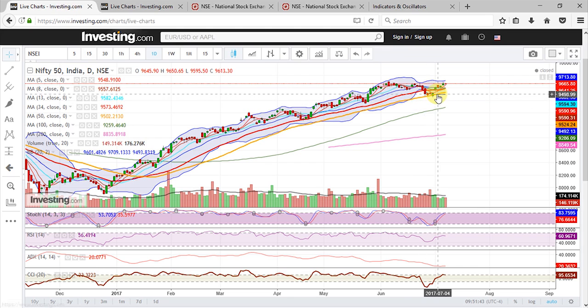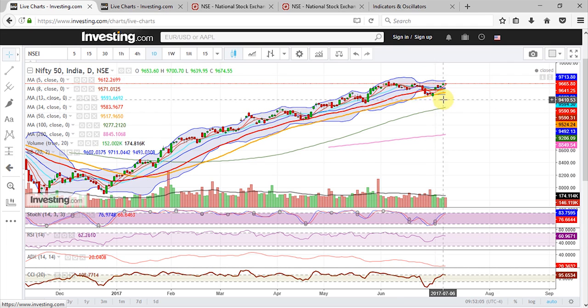Now let us go back to the Nifty daily chart. This week Nifty opened gap up, and what we can see is that during these 5 days Nifty moved steadily upwards. During the week, as the week progressed, what we can see is that the ADX came down, and that indicated